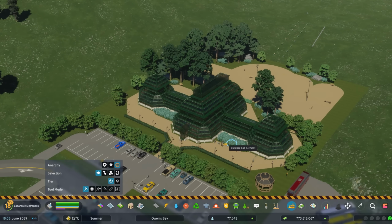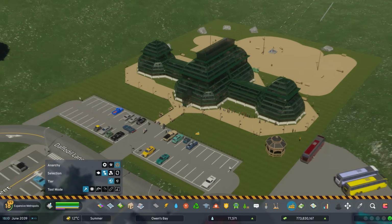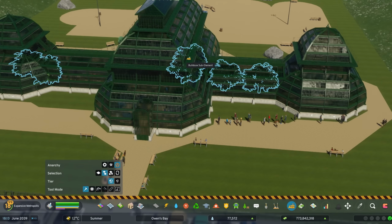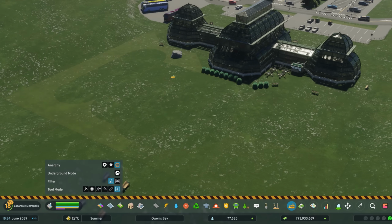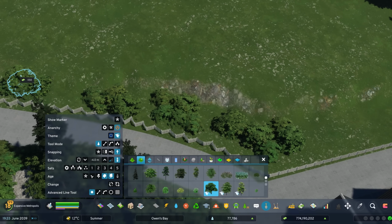I'm going to strip away all the extra bits from the botanical gardens. This asset, right out of the box, I don't like it. The building, though, is really cool. When you take a good close look at it, it's a really cool building. Everything around it, though,